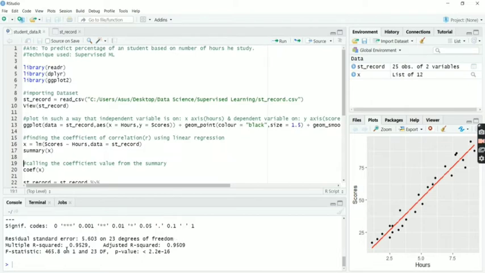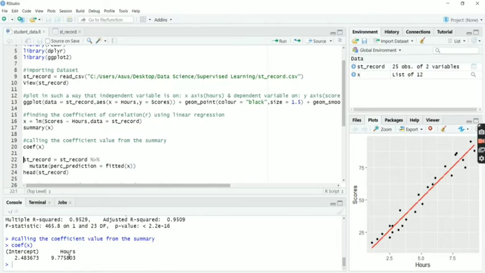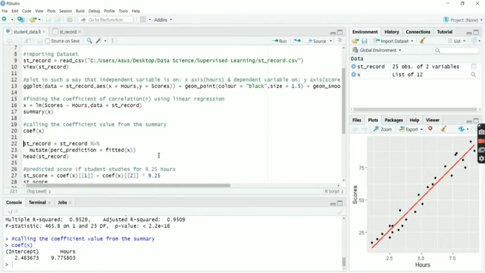Now R squared, the multiple R squared value, is nothing but how close the data are to the fitted line, or how much variance is being explained by the model. Whereas adjusted R squared is the prediction after adding an extra attribute. And now coef is a generic function which extracts the model's coefficients, giving the intercept and slope. You can see the intercept and coefficient.